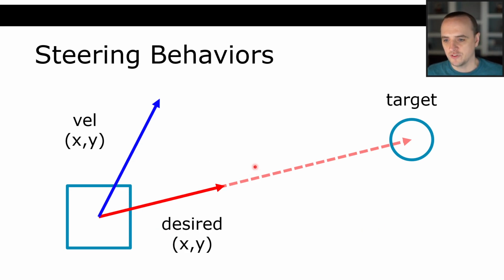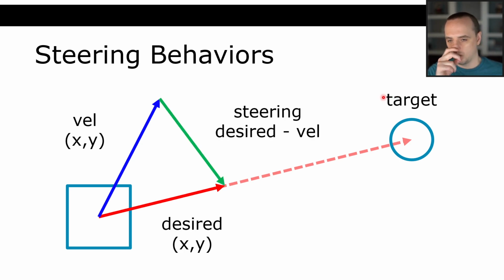So far, we've calculated the desired vector from the target. Okay, now let's talk about how we would implement a steering behavior. So what we first do is calculate a vector called the steering vector. And the steering vector wants to take us from our current destination, which is like the end of the velocity vector, to the end of the desired vector, right? So this steering vector is going to act as a force which takes us from where we're currently headed to where we eventually want to be headed, right?